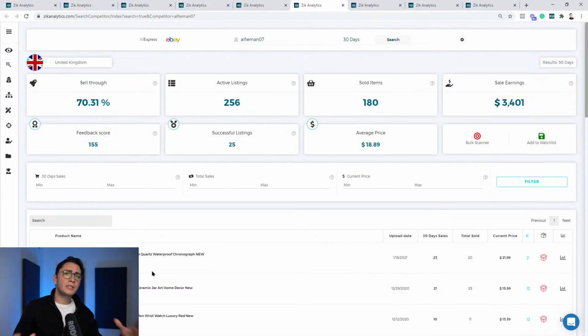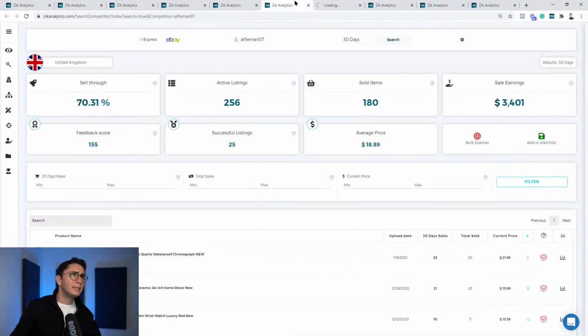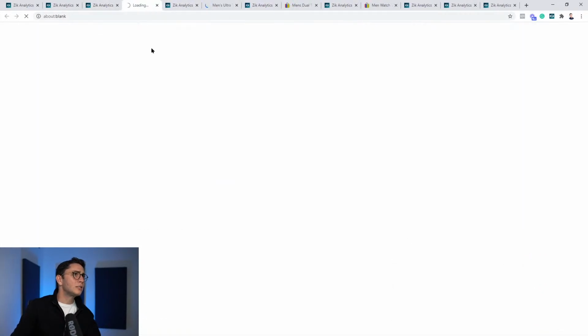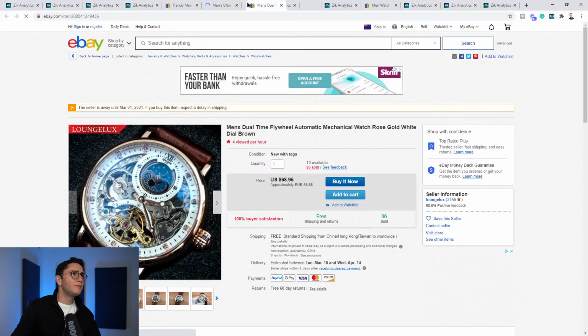And you do the same, and you identify your sellers by performance, which means how many sales per month, sell-through rate. Then the second thing is profitability. And the third thing is to learn his selling strategies. You want to also open the listings. Don't just get stuck inside Zik. Open the listings of your seller. Let's compare between all those sellers. Let's try to see what's the difference between them.